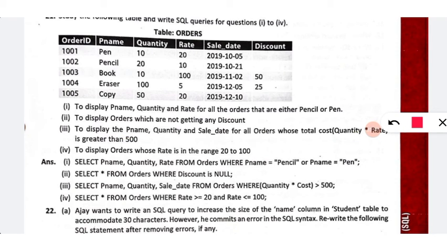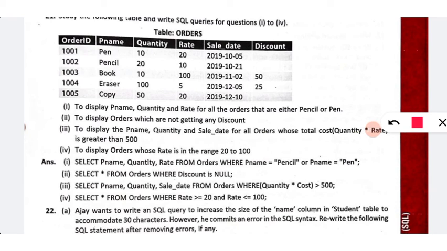Then to display orders whose rate is in the range of 20 to 100. In the range means we can use the between operator. So select star from orders where rate, either you can write it like this, but using the between operator is convenient because you have studied it.